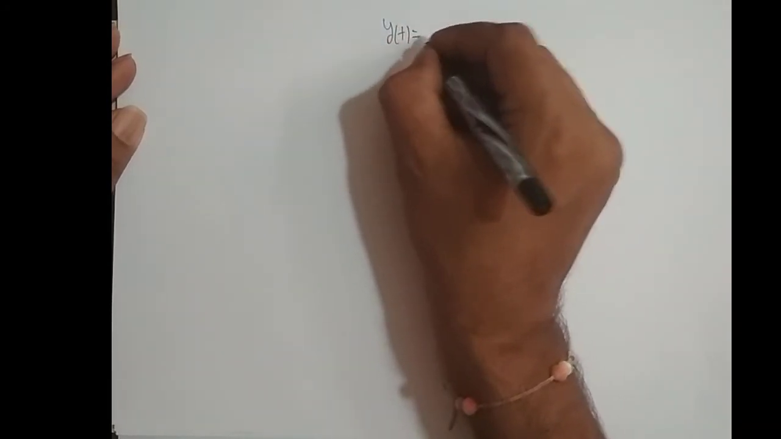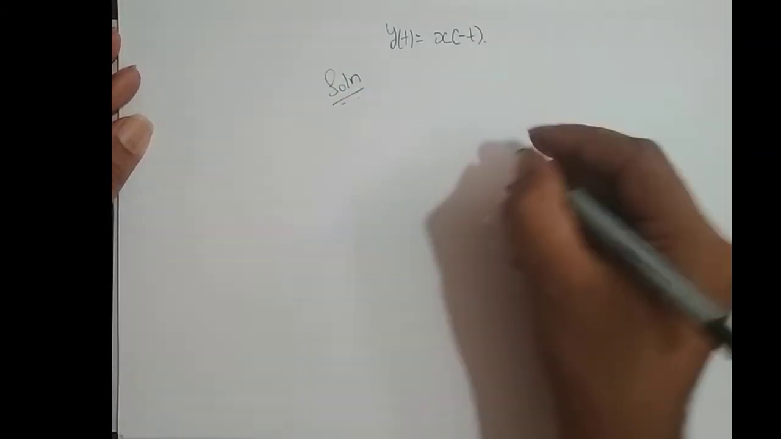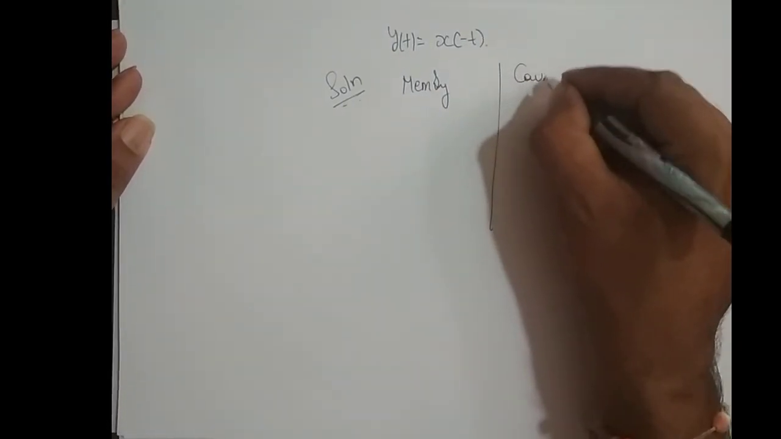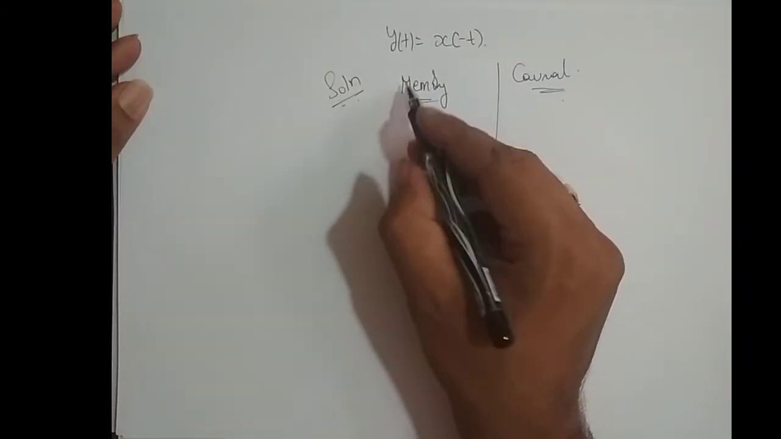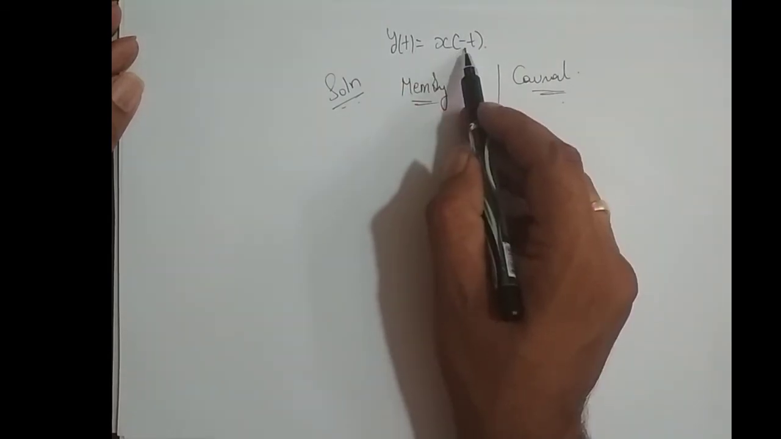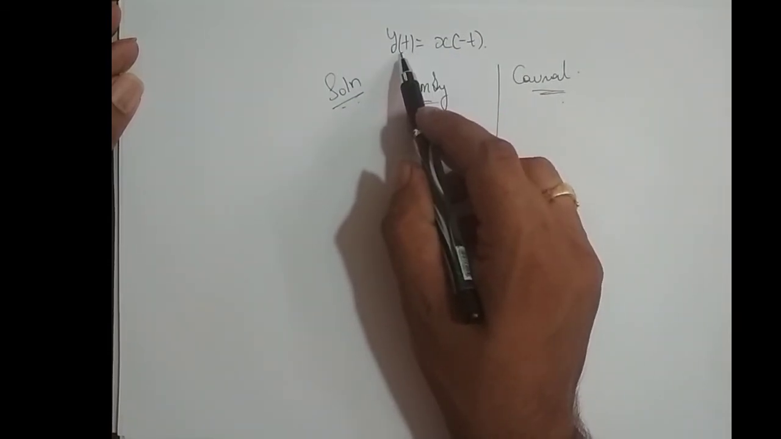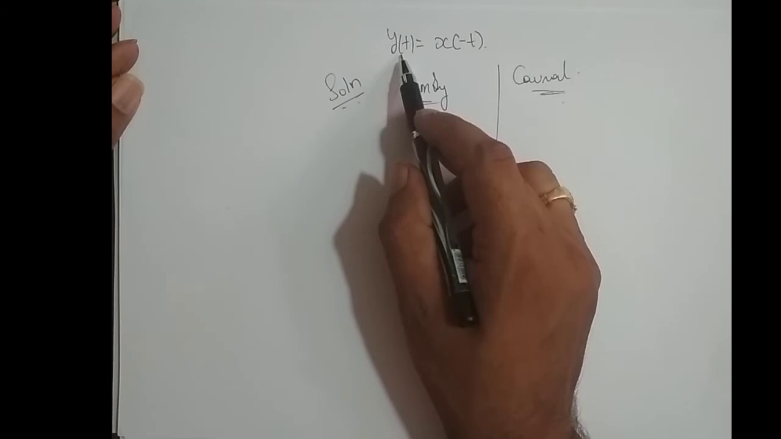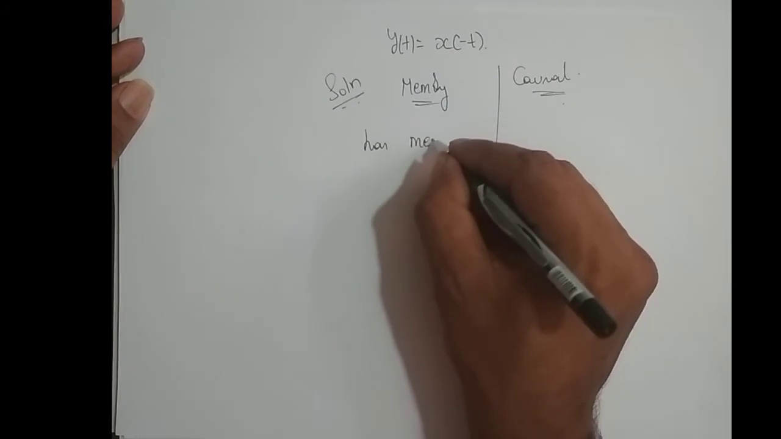I'll take one last problem. y of t is equal to x of minus t. So solution, let's check for memory and then causal. Okay. So what is your guess? So depending upon what value of t I give, if I give t positive, this becomes negative. If I give t negative, this becomes positive. So whatever it is, for some values of t, present output depends upon past input value, and for some values of t, present output depends upon future input value. So therefore the system has memory,